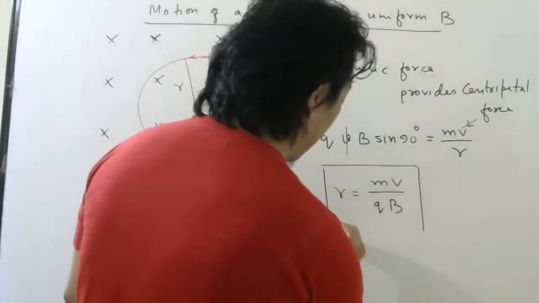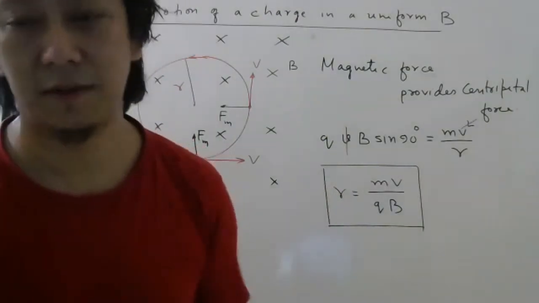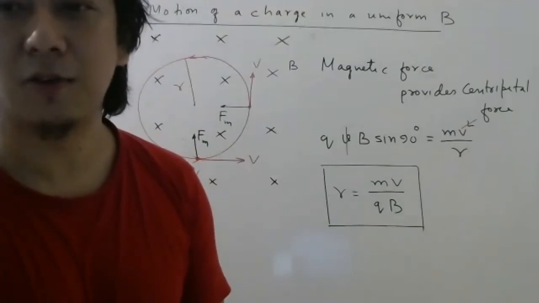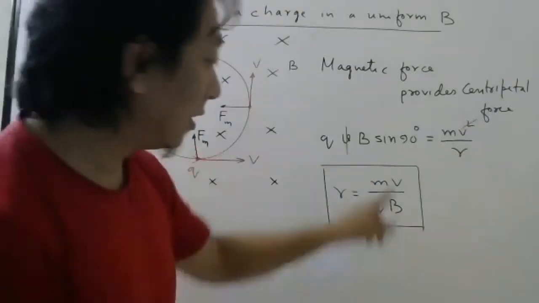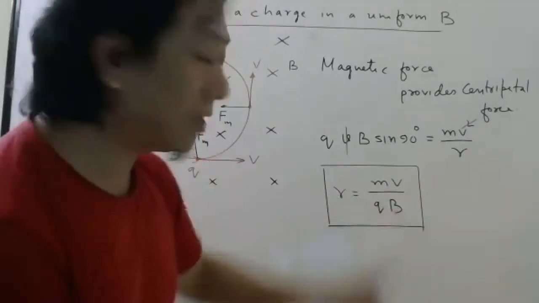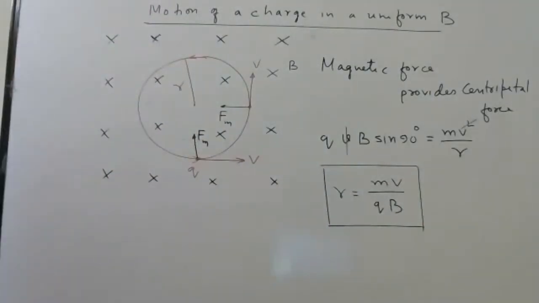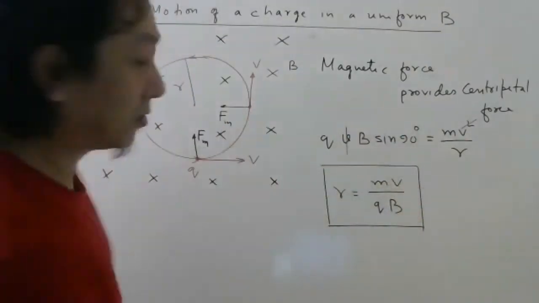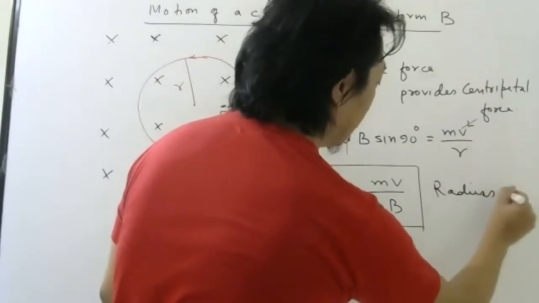So this is a very standard formula. I want all of you to memorize this formula. Memorize. R equal to mv by qB. So m is the mass of the particle, v is the speed of the particle, q is the charge of the particle, B is the external magnetic field. Okay. This much if they ask, it will be only for 3 marks. So if they ask you the radius of the path, so this is radius of circular path.